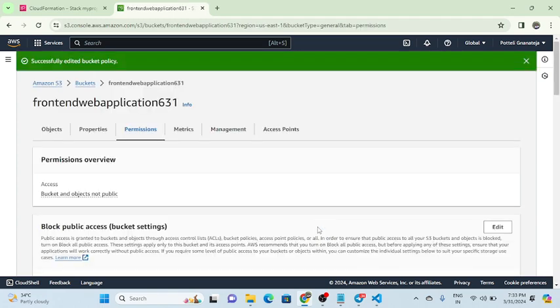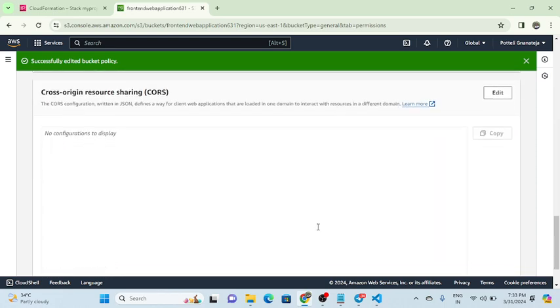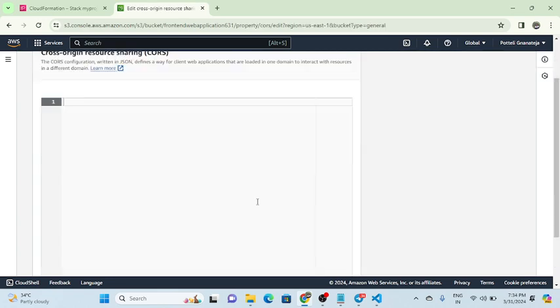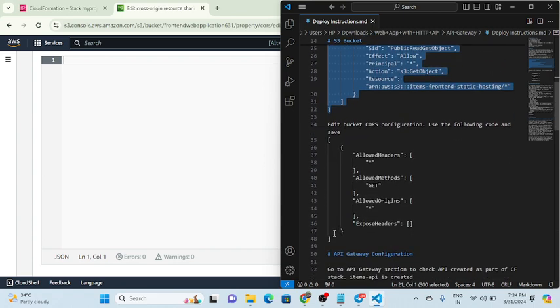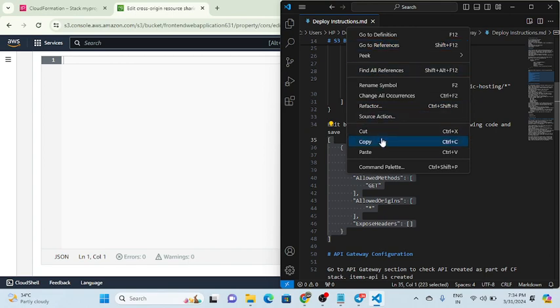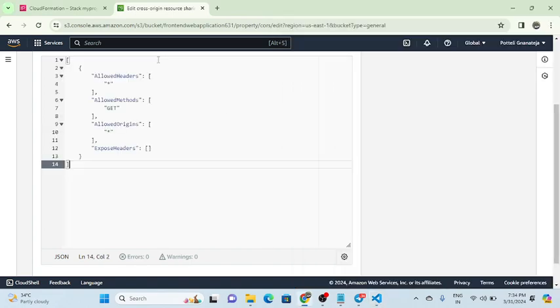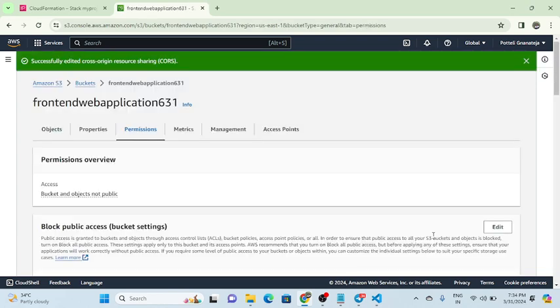Next, I am going to change the cross origin resource sharing by clicking the edit option, and I take the same code from my VS Code. I'm going to copy this, and I'm pasting it here. I'm simply clicking the save changes button. After creating this,